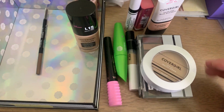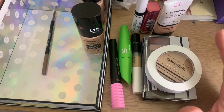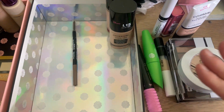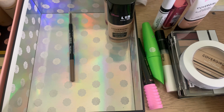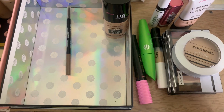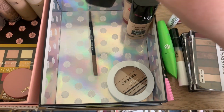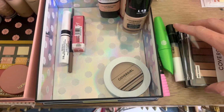And then what I'm going to be doing is pulling in all of these CoverGirl products because I am getting ready to film a CoverGirl video just specifically on the brand. I did the full day review of this foundation, and I filmed a first impression of all the products over here. So I'm just going to be putting all these products into my box. And like I said, I have about a week and a half to be trying these out. I have tried them out some already, and I'm going to be filming a video then to give a complete overview of these CoverGirl products coming up at the end of the month. So I'm going to put all these in here,